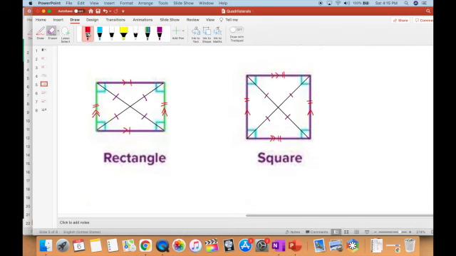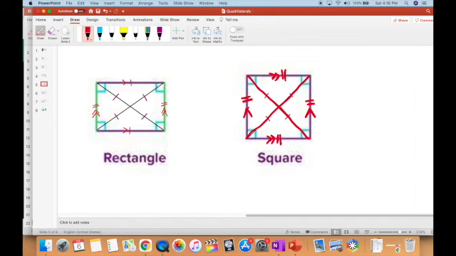In a square, well, we all know the deal with a square. All of the sides are equal, so they all have 2 strokes. You're seeing that there? All of the sides are equal. In a square, you have 90 degrees all around. These 2 sides are parallel, and then these 2 sides are parallel. The cool thing about a square is that if you cut the diagonals, like that and like that,